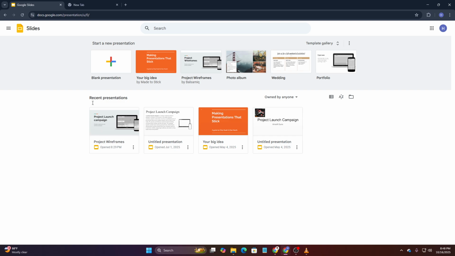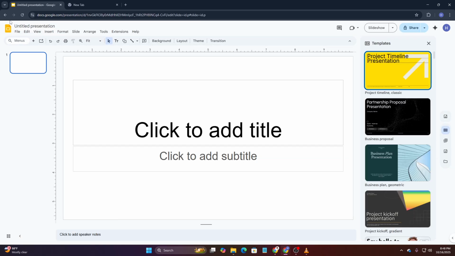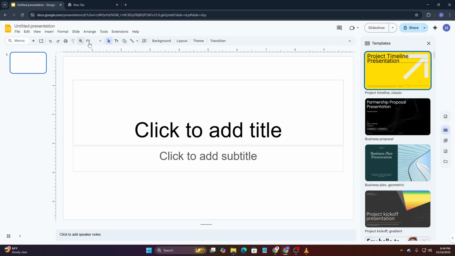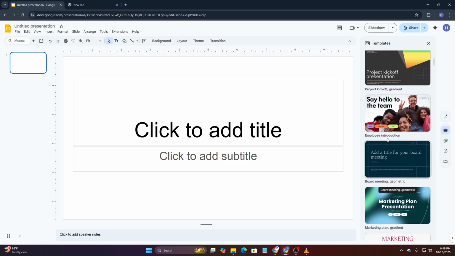For this guide, let's click on Blank Presentation. You could also choose a template if you want a head start with design inspiration. Now, take a look at the toolbar, right below the menu at the top of the screen. You might wonder why it's so important. This toolbar houses the tools you'll use most often to create and polish your slides, making it an essential part